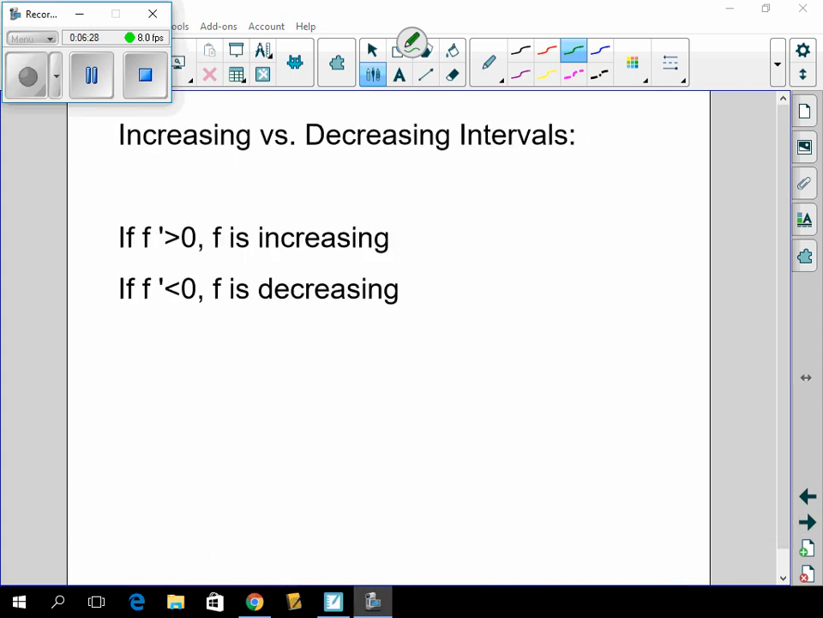So now we have this other idea of increasing versus decreasing intervals. So if my derivative is greater than 0, we say that f is increasing. And again, this goes back to drawing our derivative graphs. When I had a positive slope, my derivative was positive. When I had a negative slope, my derivative was negative. And so if we take